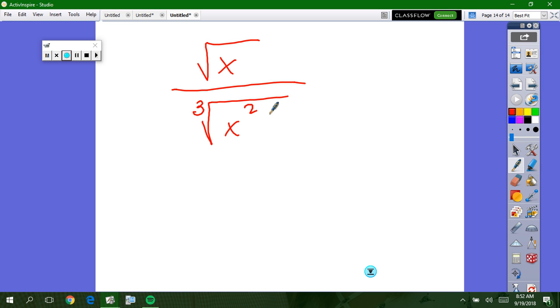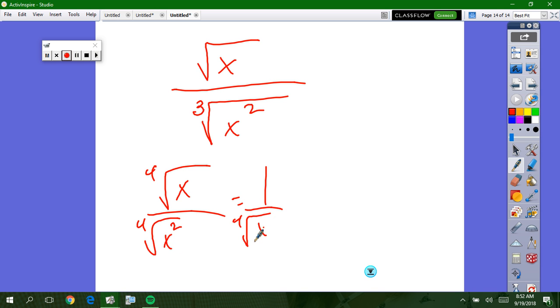I want to simplify him to be just 1x. How can I make him right now? Right now it's not very easy to do so, right? Do you guys know if they're both the same cube root, I could just divide that really easily? If this was, for example, the 4th root of x over the 4th root of x squared, that's 1 over the 4th root of x. If they're the same radical, I can just divide within them. Does that make sense what I'm saying? But are these guys the same radical? They're not. So,